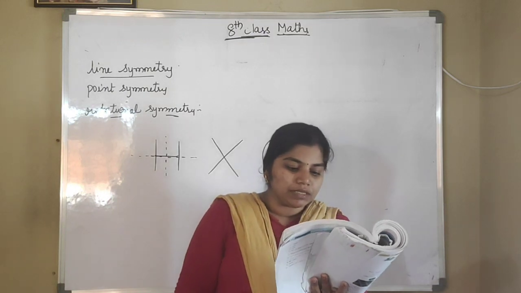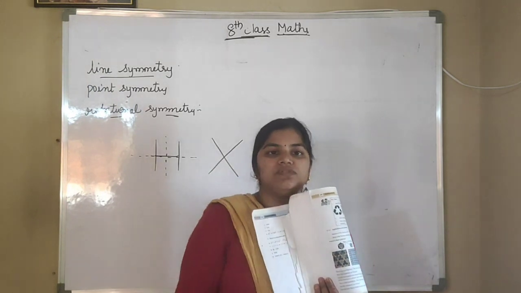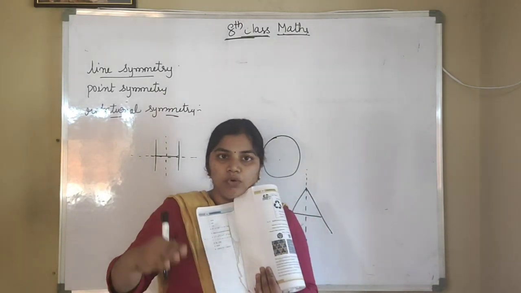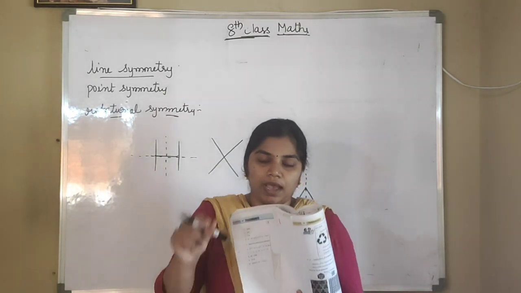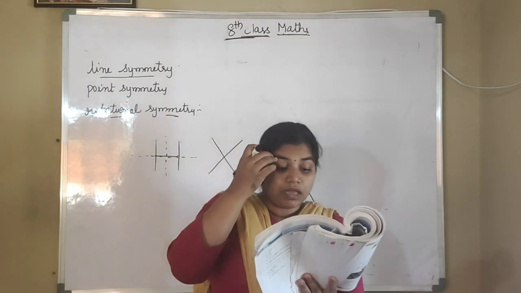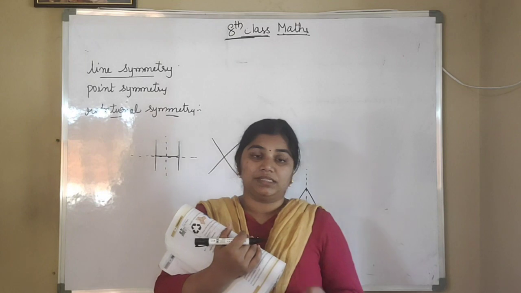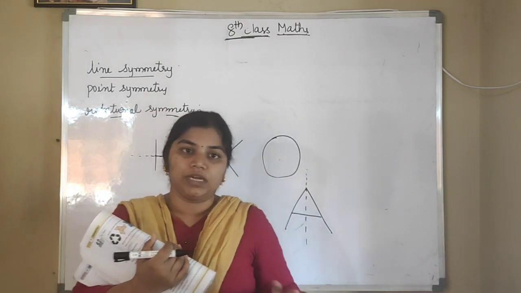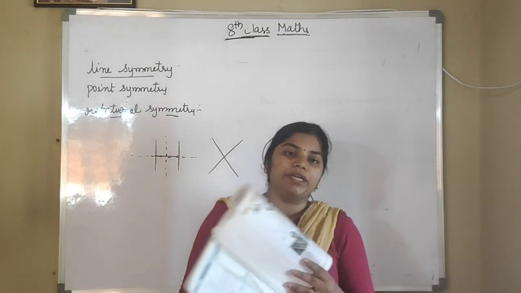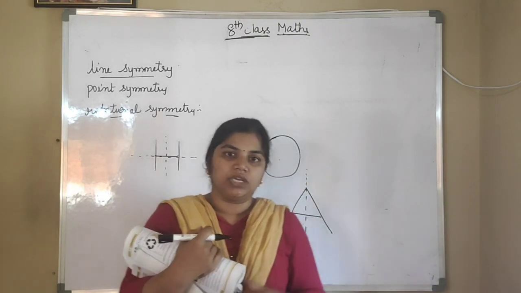Next is, how many letters have more than two lines of symmetry? More than two means three lines of symmetry, or 3, 4 or 5. For how many alphabets you get more than two lines of symmetry, you have to check and paste in classwork. Next, which of them have point symmetry? Sorry, fifth one, which of them have rotational symmetry? For which alphabets have rotational symmetry, you have to check and paste in your classwork. And last one, which of them have point symmetry? How many letters have point symmetry, you also have to check and paste in classwork.